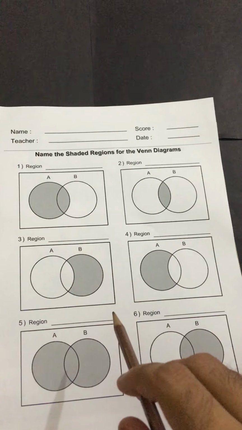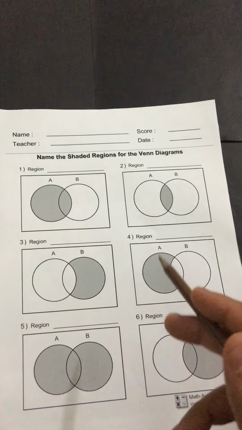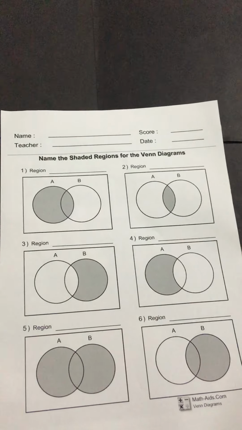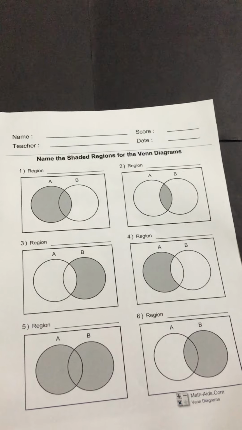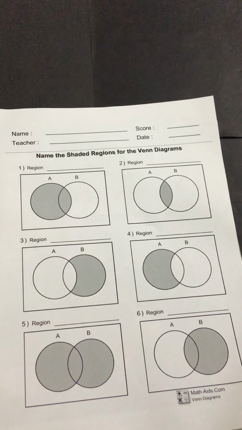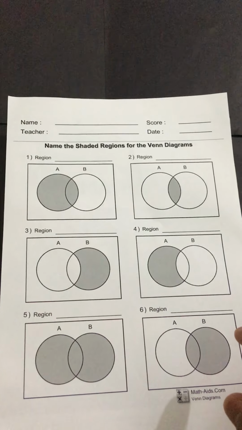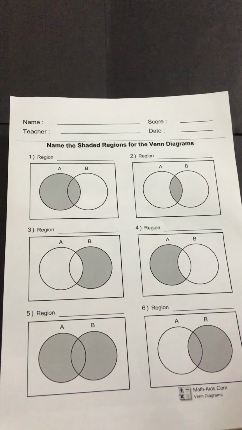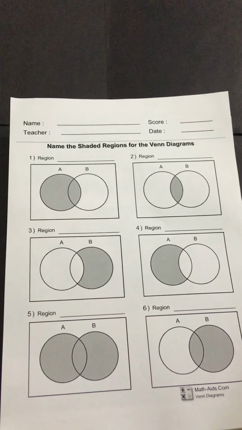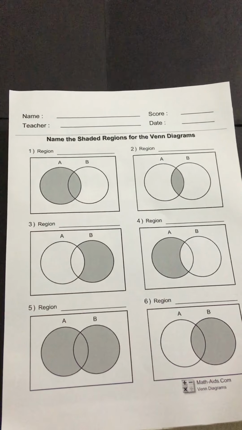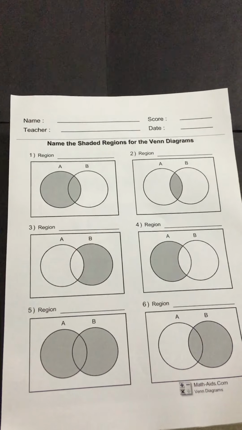In this type of worksheet, we are provided with the shaded part, and we have to look at that shaded part and write which region this is, and write the mathematical form. So we know that we have certain operations and operators such as union, intersection and difference, and I just wanted to revise these 3 operators and then we will start with this worksheet.